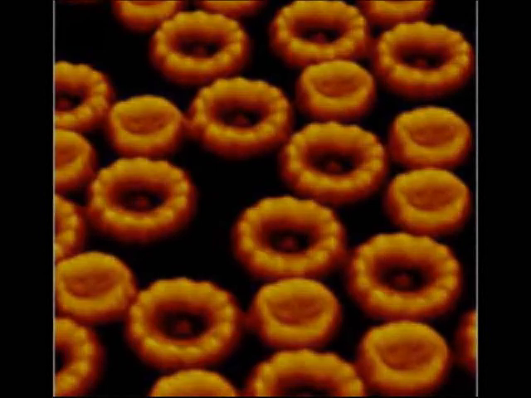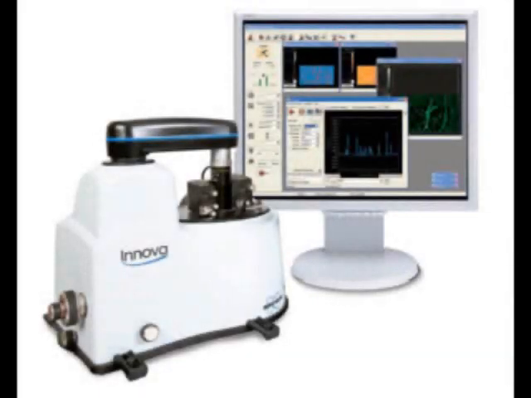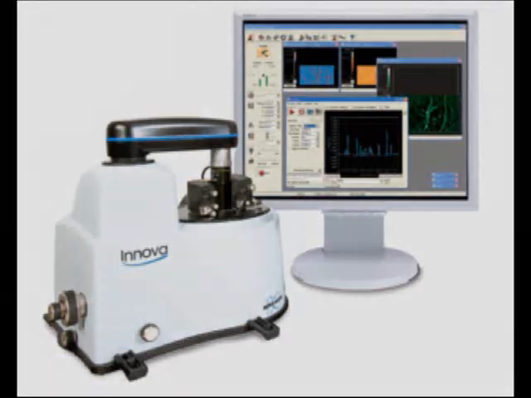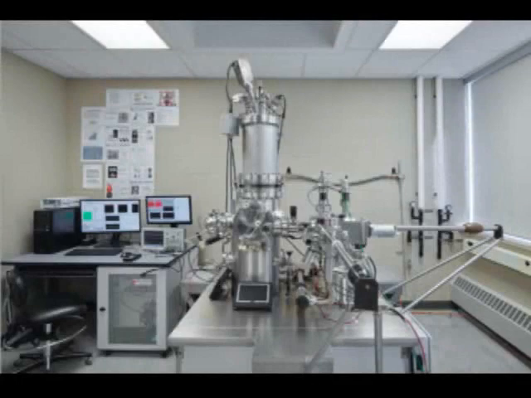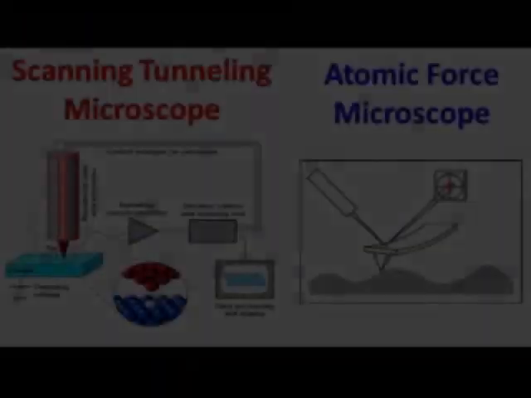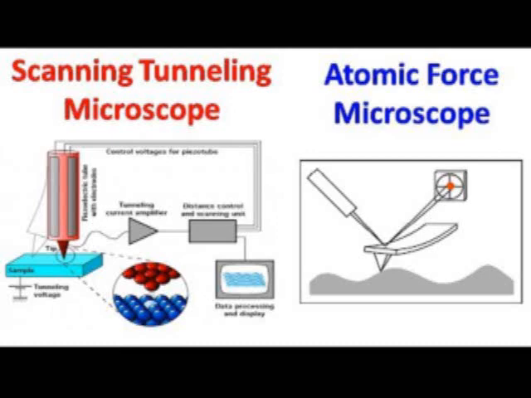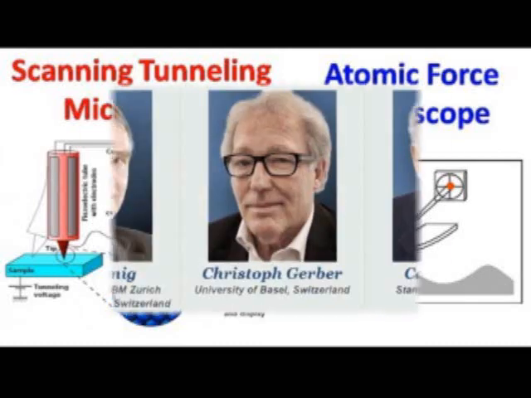The atomic force microscope was developed to overcome a basic drawback with the scanning tunneling microscope, or STM, which can only image conducting or semiconducting surfaces. The AFM has the advantage of imaging almost any type of surface, including polymers, ceramics, composites, glass, and biological samples. Binnig, Quate, and Gerber invented the AFM in 1985.